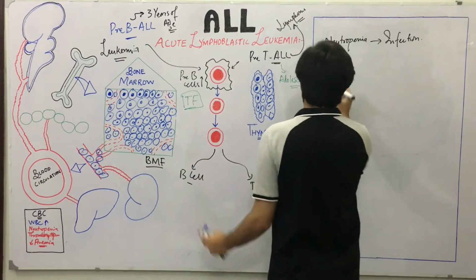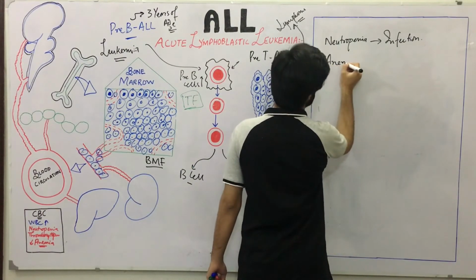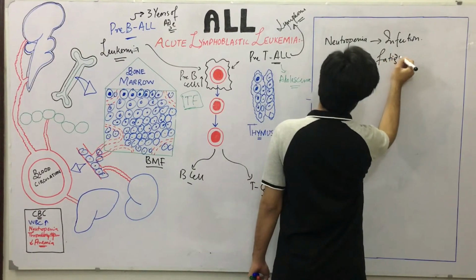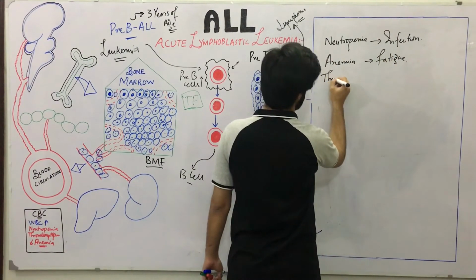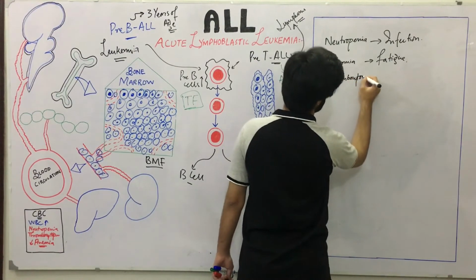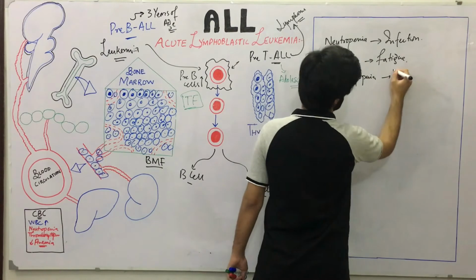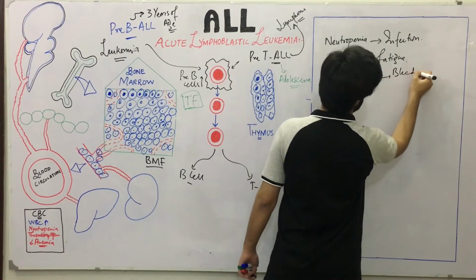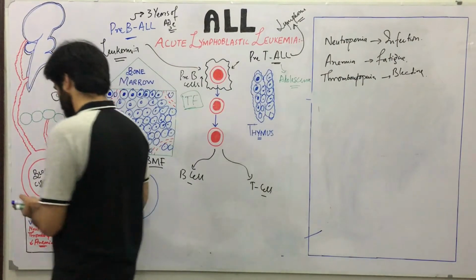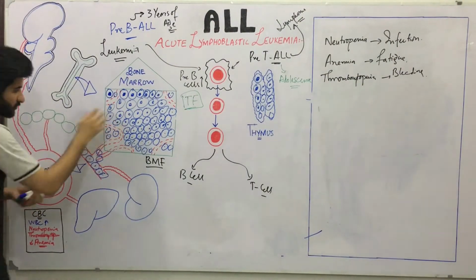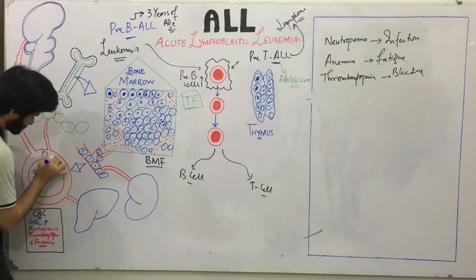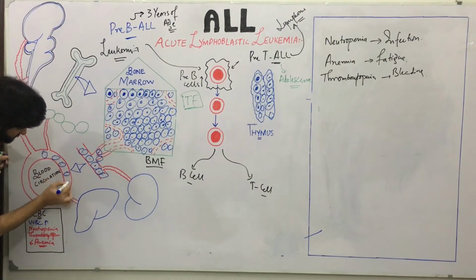What else? Because of anemia, this person will be fatigued, and because of thrombocytopenia, this person will develop bleeding tendencies. So this is the clinical picture of this patient. So as these leukocytes, these immature leukocytes, are dumping into our circulation, into our blood circulation,